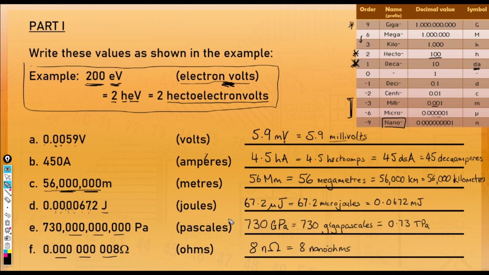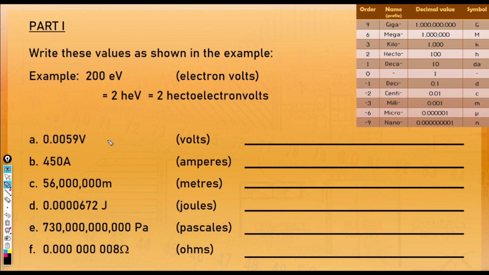What's the next one down? If I'm correct, I think the next one down is femto ohms. Am I right about that? You can go and check for yourself. That would be minus 12 orders. But we're not going to do that here. So that is the first set of examples. I'm now going to clear those away, and we'll move on to